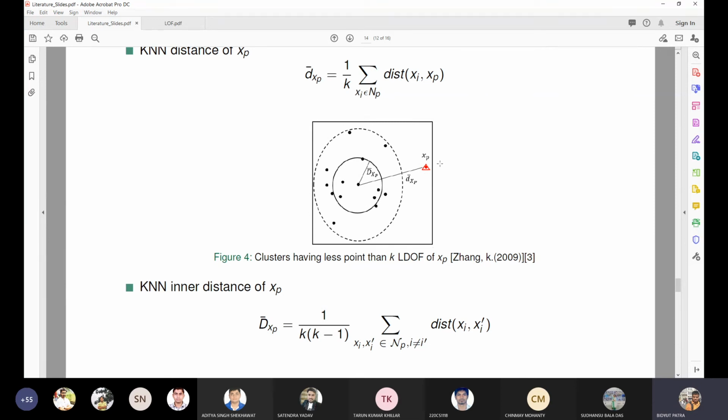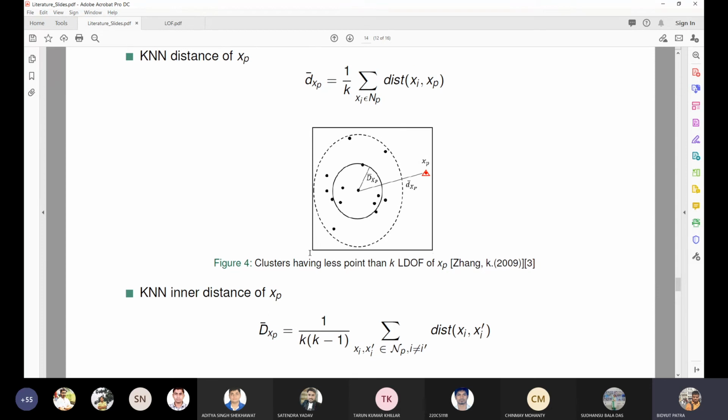Now if you see the points within a cluster, all points are very close to each other. If you exclude this point, this value and this value will also be close to each other, so that value will be close to 1. So if the LDO value is quite far away from 1, then that point will be the outlier. However, if the value is quite close to 1, it will be treated as an inlier point. So it is convincing. Is it convincing?